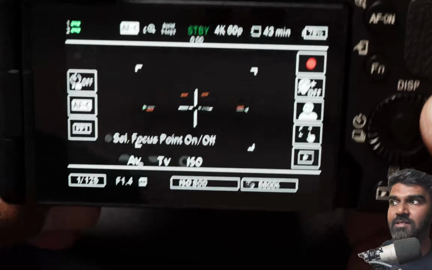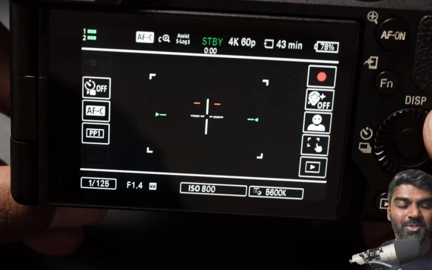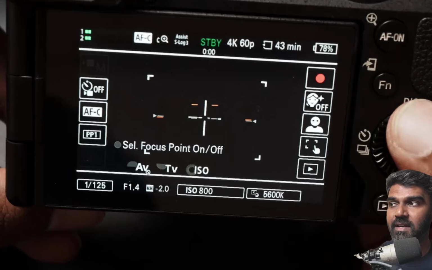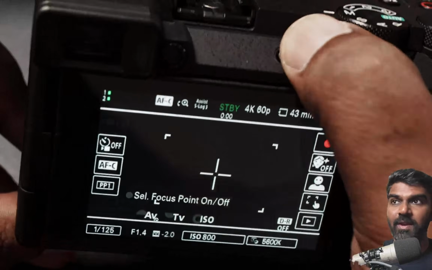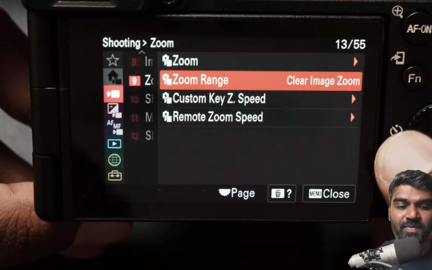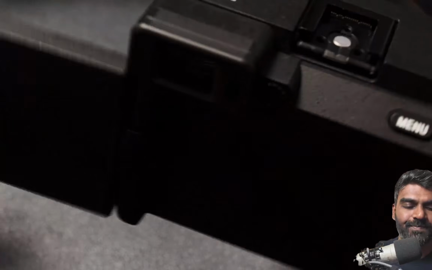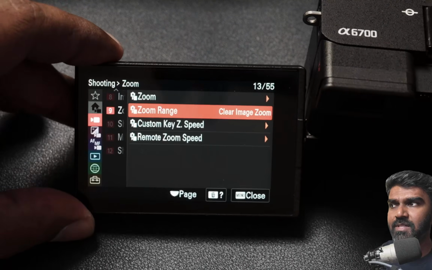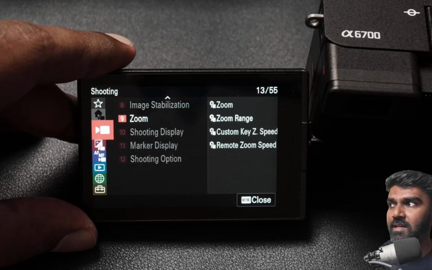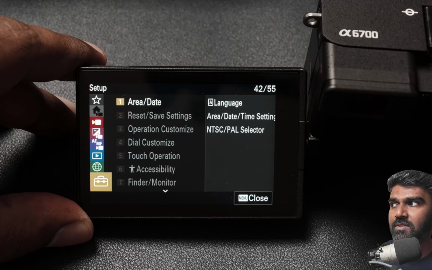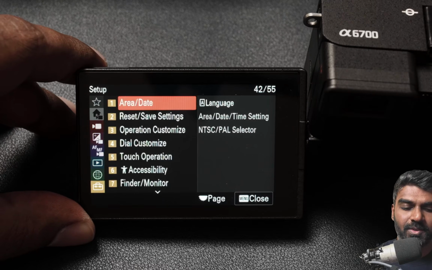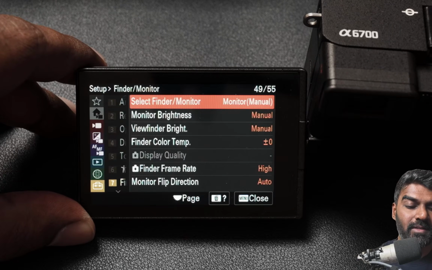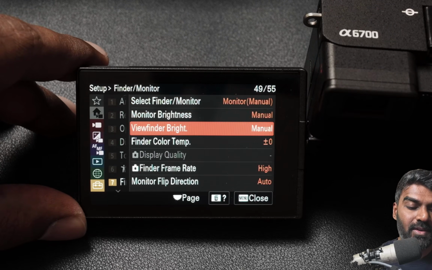The one I think is very useful is actually the leveling option, the leveling display and the histogram. So these two are something I scroll between, and you can set this the way you want it. So for example, there are like 5-6 options when it comes to setting up the monitor. How you can set up the only things that you want is through this one. So if I go to this part, I go to the viewfinder monitor, and you can see here